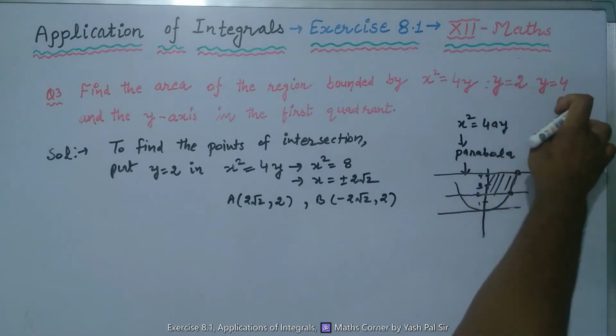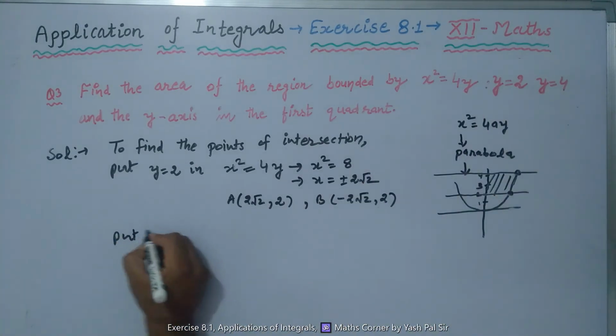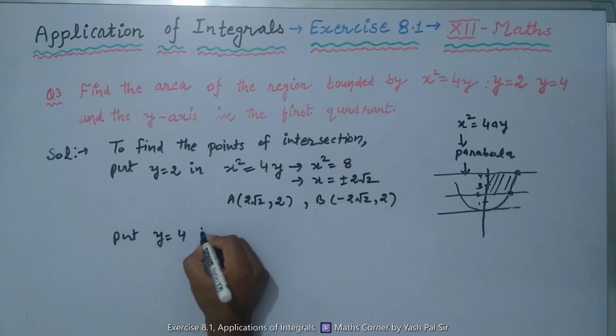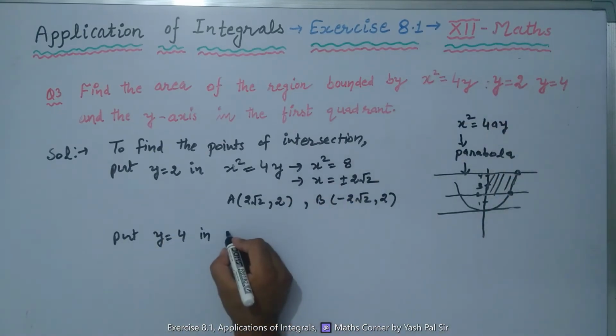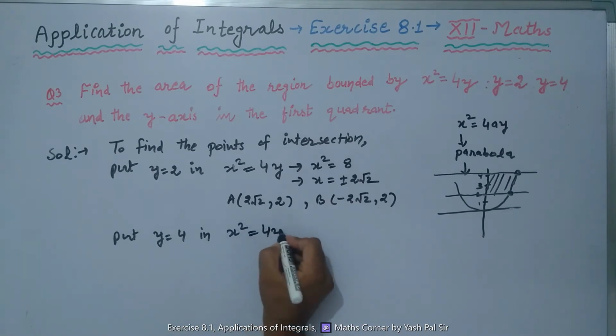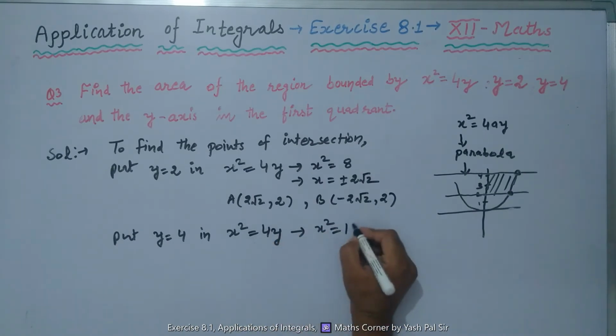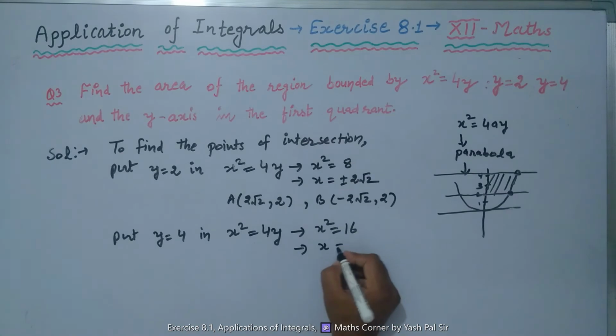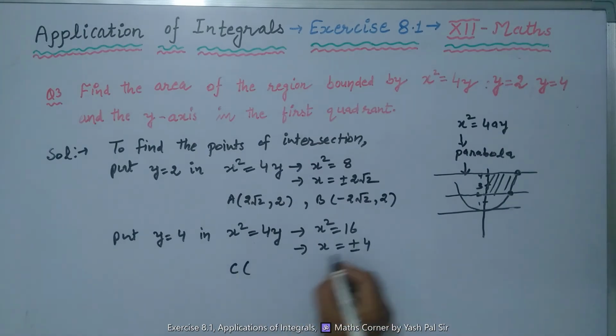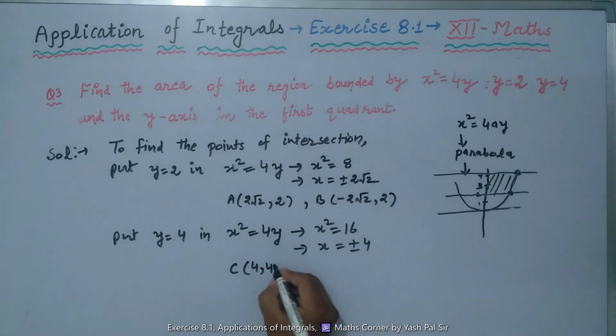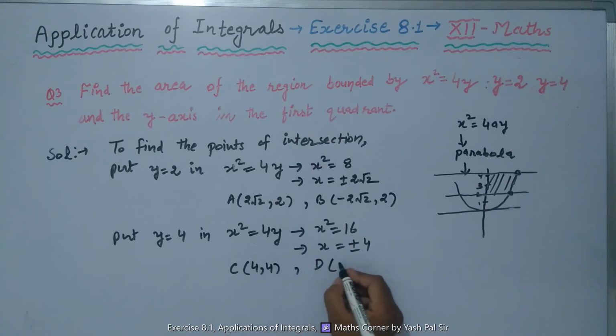Second time put y is equal to 4 in x square is equal to 4y. So this will give us x square is equal to 4 into 4, 16, which gives x is equal to plus minus 4. So this way C point will be 4 comma 4 and D point will be minus 4 comma plus 4. So now sketching the diagram, we have